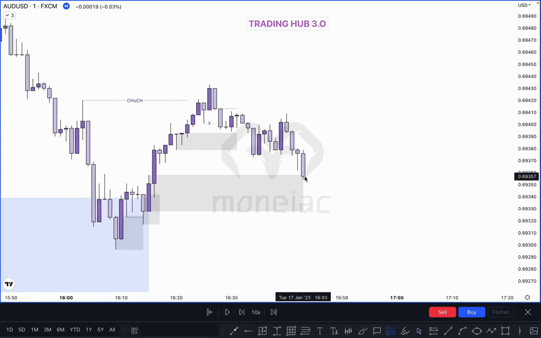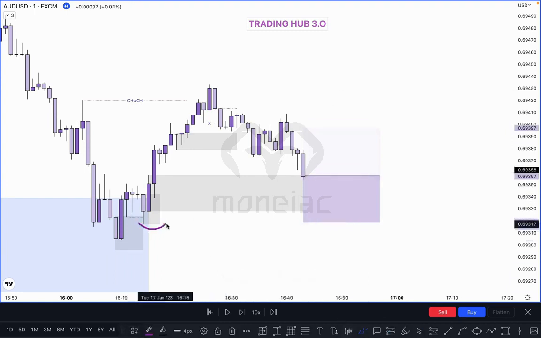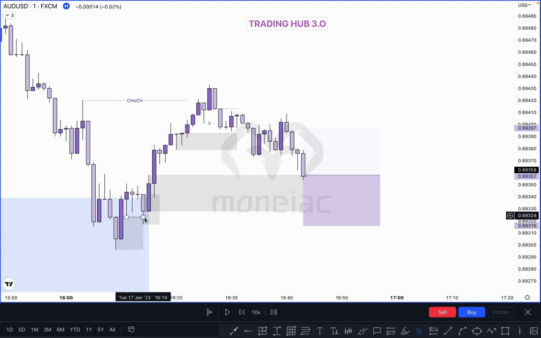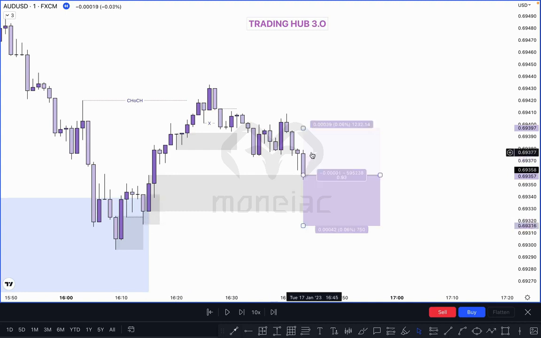First entry is here, and where is your stop loss in this case? Always put the stop loss on the safer side, we just pulled back this one, right? If you are willing to put stop loss just below it, so this one is also fine. But remember one thing, this can be hit because market actual pullback is here, right? For safer side, always put the stop loss just below it and don't worry about risk reward, because 7 are